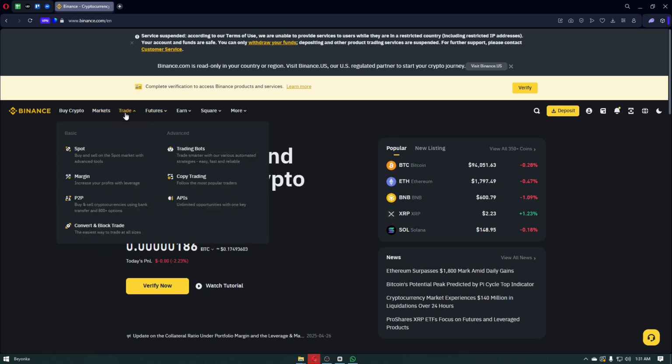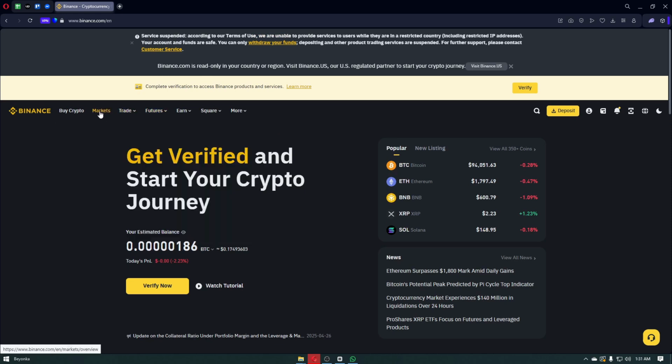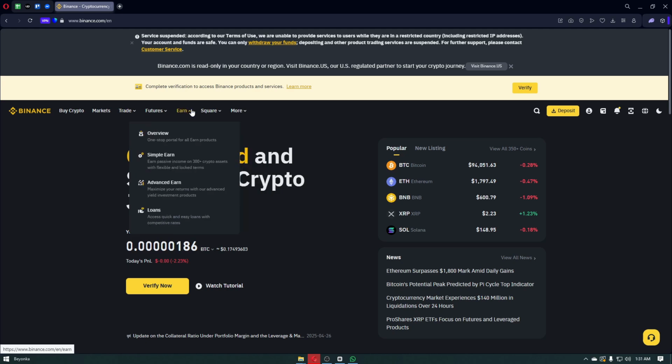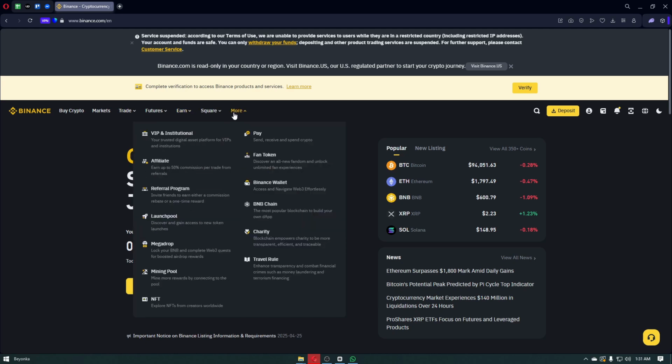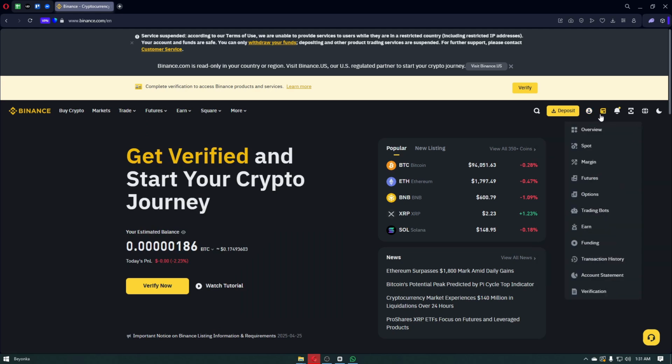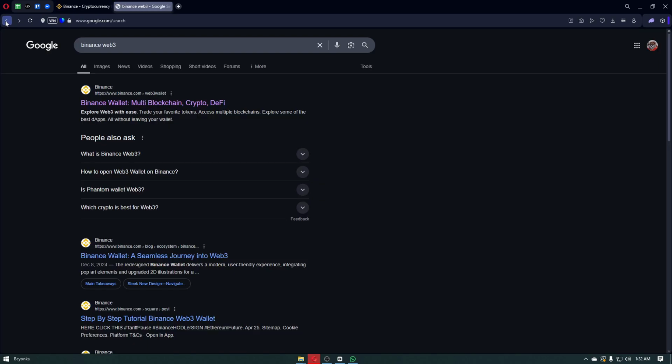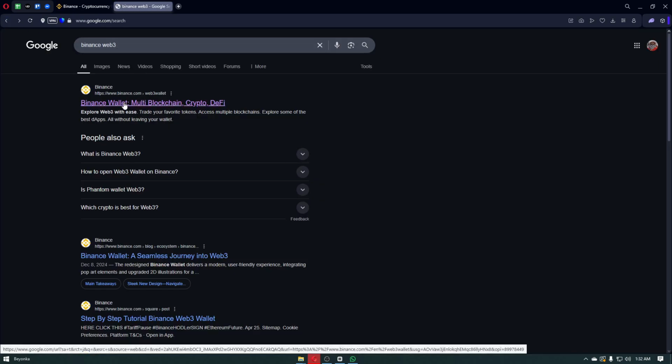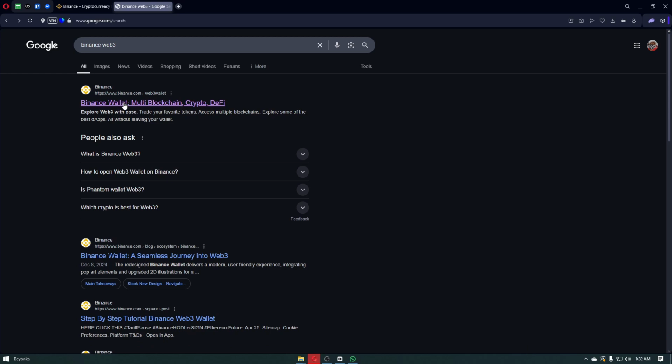If you're using a mobile device like myself, you can see the Web3 wallet by navigating through your wallet in your Binance account. Now, if it's not in the wallet section, you can search for Binance Web3 on Google, and you will be able to see the official website, which is